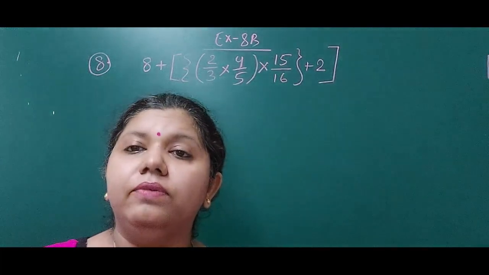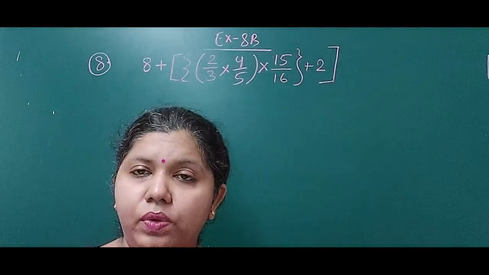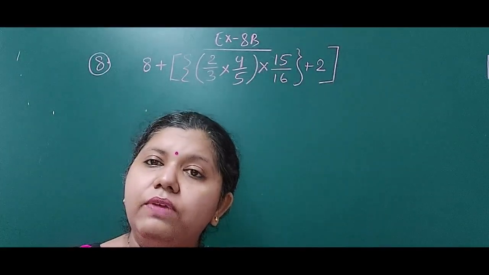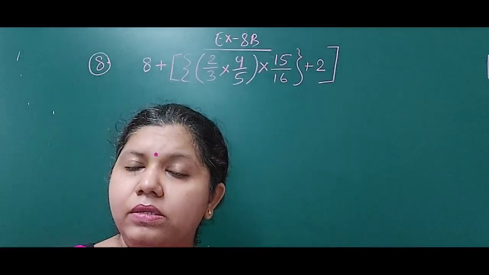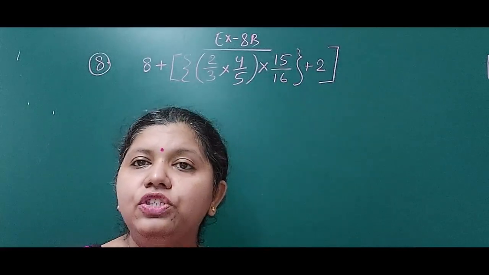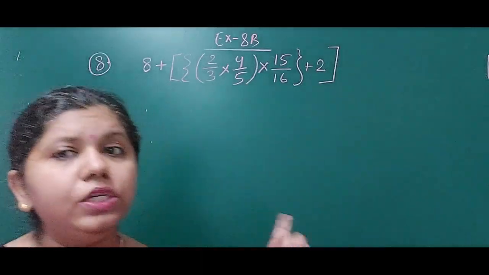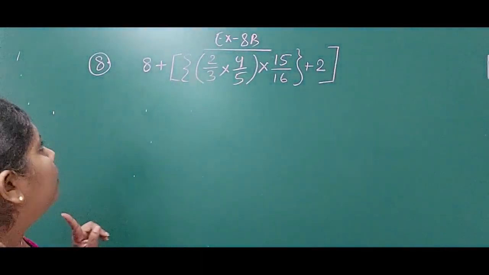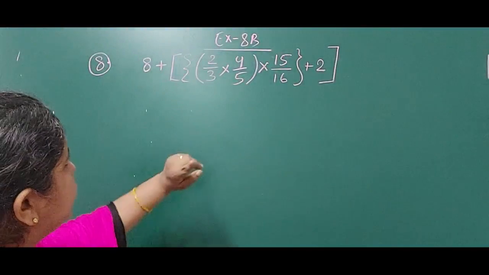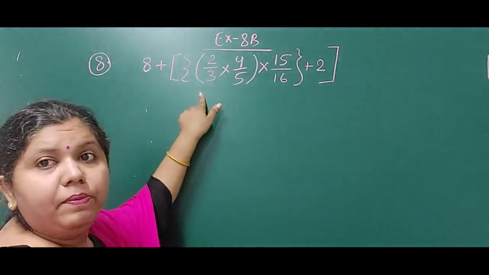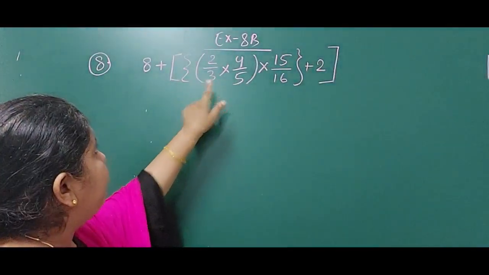with the questions that were related to simple numbers. Okay, I have explained how to deal with different types of brackets. For simplification, in this question we are using fractional numbers. Look at the inside bracket. The inside bracket is a simple bracket, so first we will solve that part.